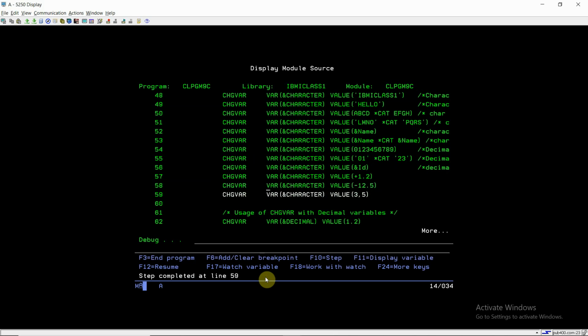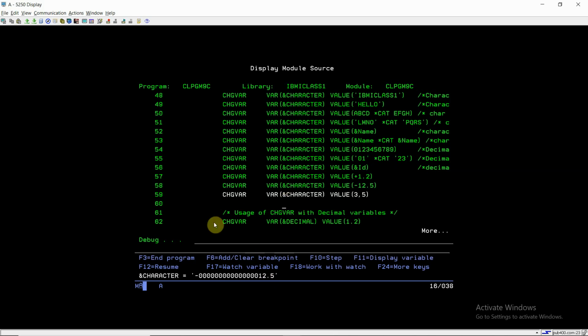Minus 12.5: the minus sign will always be there in the data, because if we do not put a sign in the value, that by default denotes a positive value. So if there is a negative value, then the minus sign will always be there in the character value. So what happens here is the decimal value is first converted to character and then assigned to the character variable.